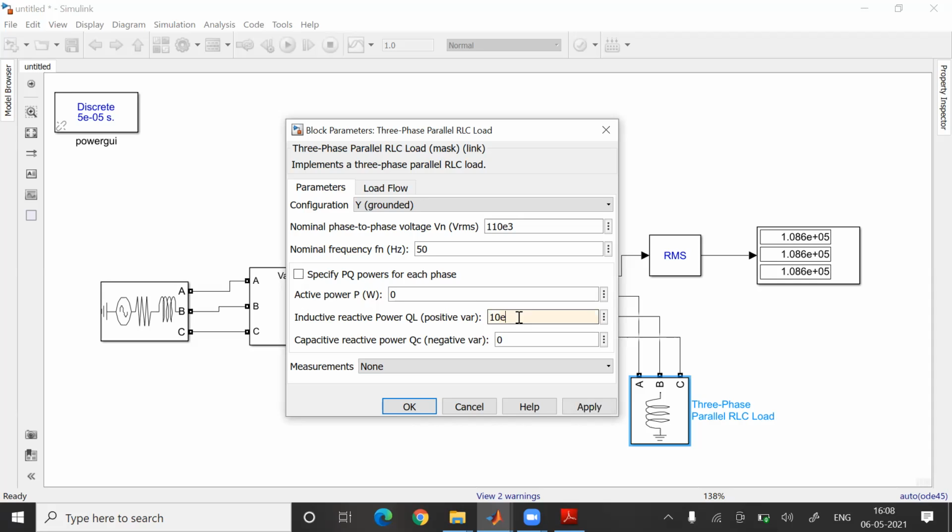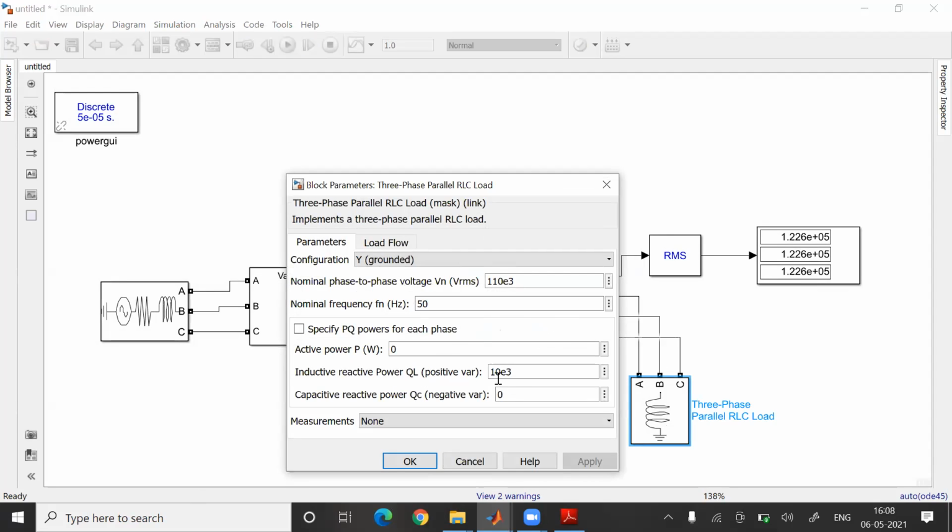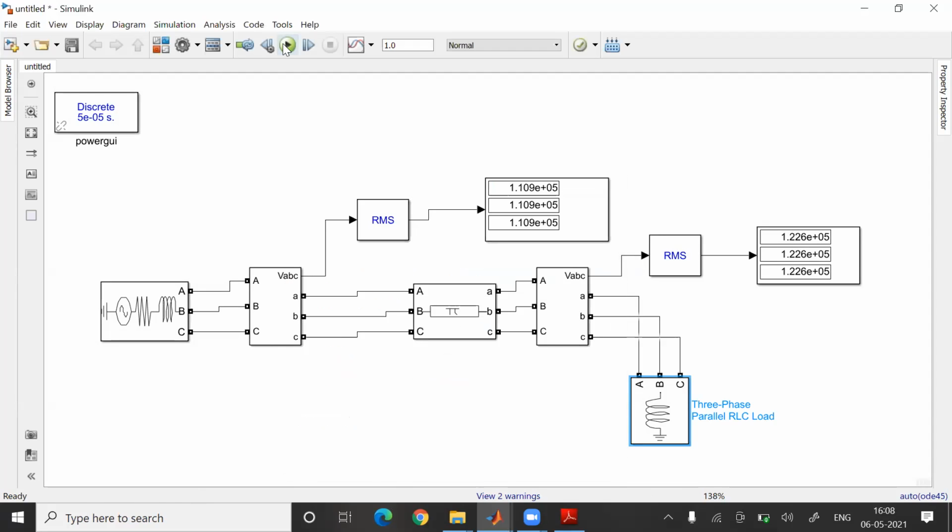If you give a lesser range, you could observe this has increased, right? Whereas when you increase this value, more and more capacitance will be added, so it has been reduced, right? So this is what I was telling about.